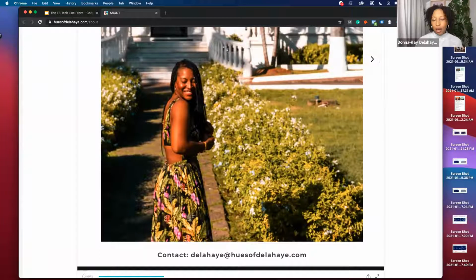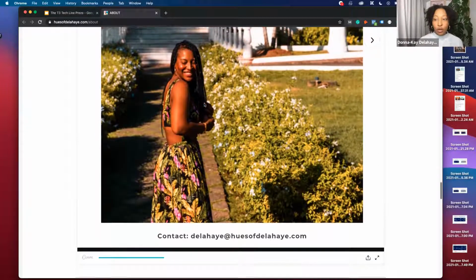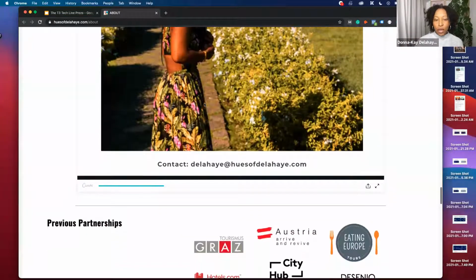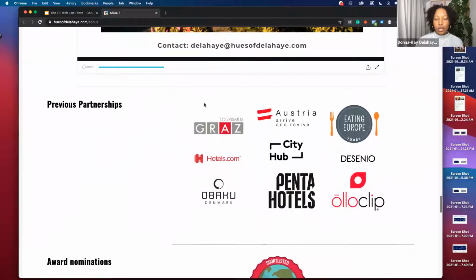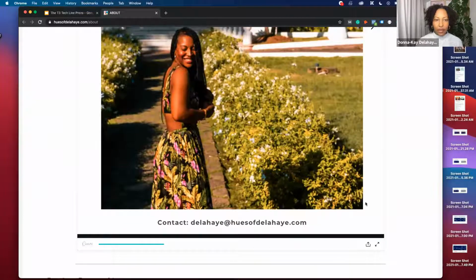I'm from the Caribbean, I like a lot of colors and so on, so I try to incorporate that in the aesthetic of my About Me page. So people know when they come to my blog, they're going to get vibrancy and a lot of color and fun. These are things you can incorporate into your About Me page. And you can do the Canva embed just from the free Canva account that they have.